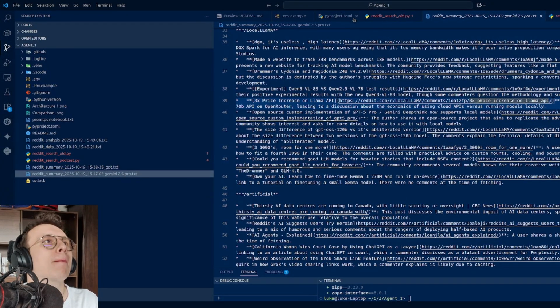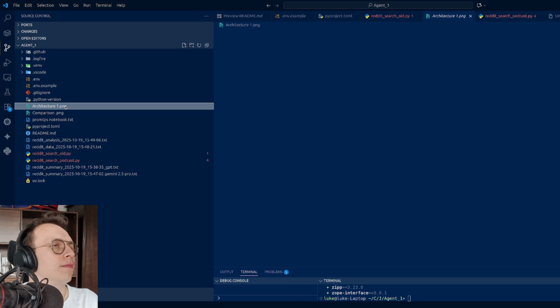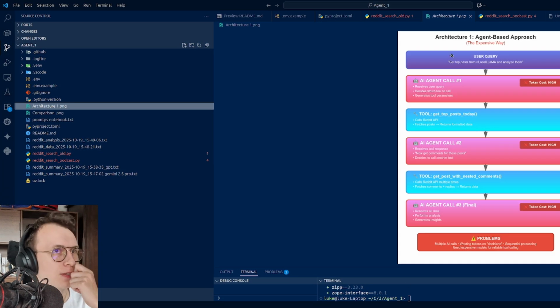So these were these 2 calls. Let's come back to the picture, which is this architecture. So actually it's 2 and 3. Sometimes it's triggered like in one call, it really depends. But what we see is that we do multiple AI calls. We are wasting tokens, and we do it sequentially, so it takes more time also. So that's what vibe coding and so on gives me.